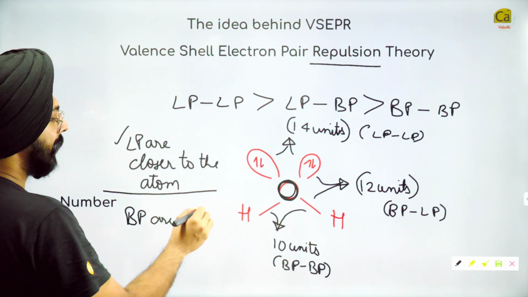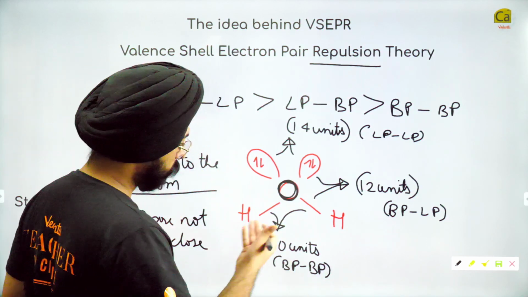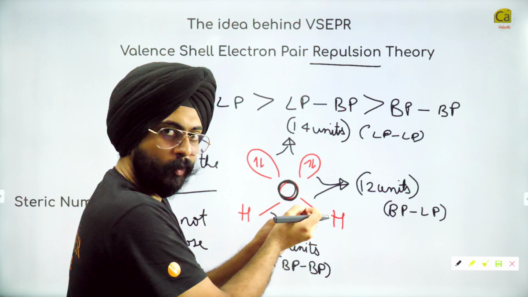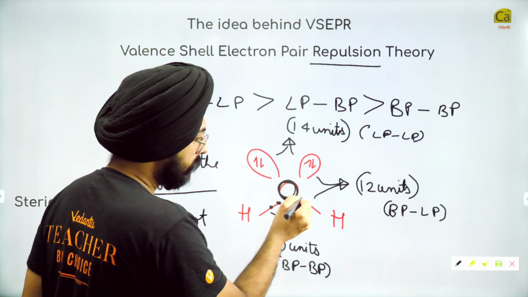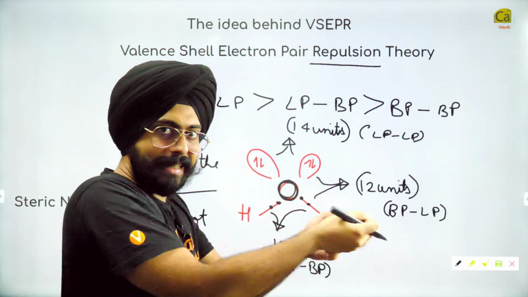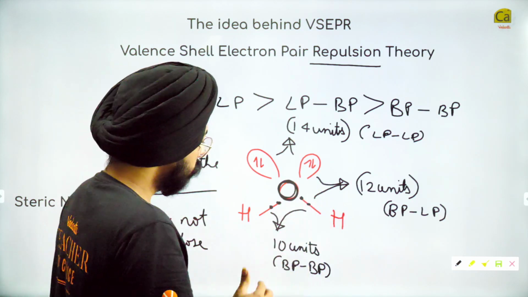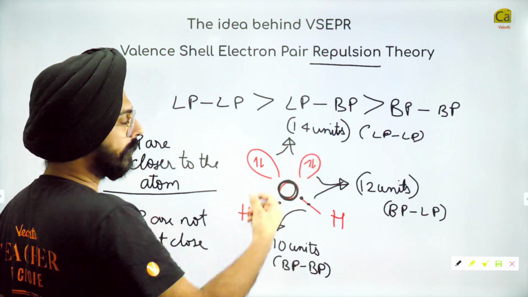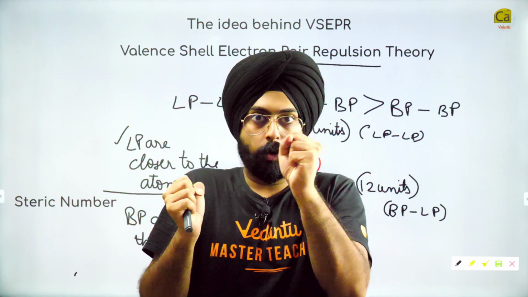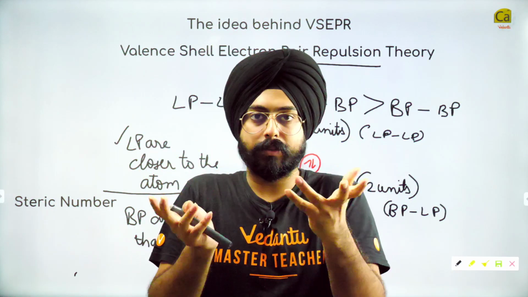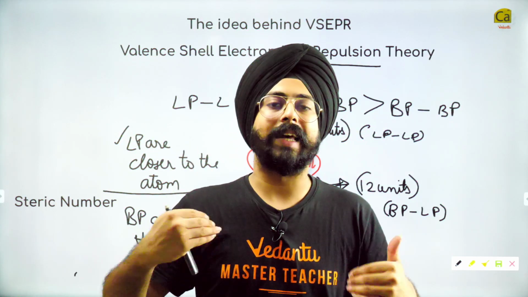are not that close, isn't it? Because if I think about it, this bond, even though it is more towards oxygen because of the dipole, electron will still be a little bit towards hydrogen, isn't it? Maana ki oxygen ne kheench ke rakha hai unko dipole ki wajah se, but hydrogen ke paas bhi toh hoga na electron thoda. Yes, so bond pairs are not as close to oxygen as the lone pairs. So lone pairs, since they are very close, they repel a lot. Lone pair, bond pair, not that close, still repulsion will exist. Bond pair already are, electrons are far apart from each other, so the repulsion is not that much.